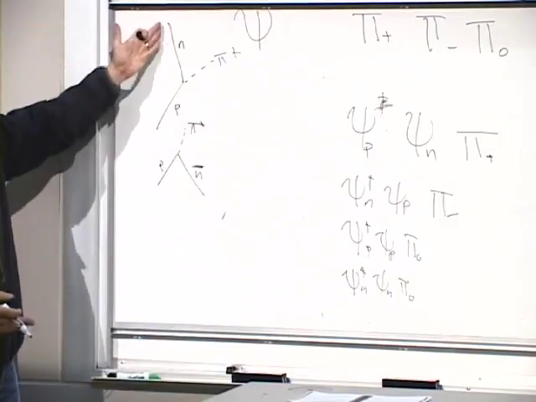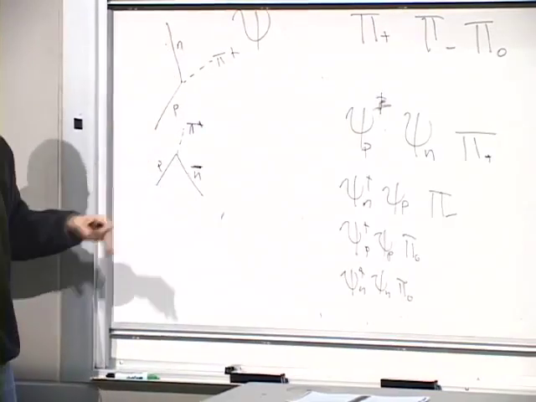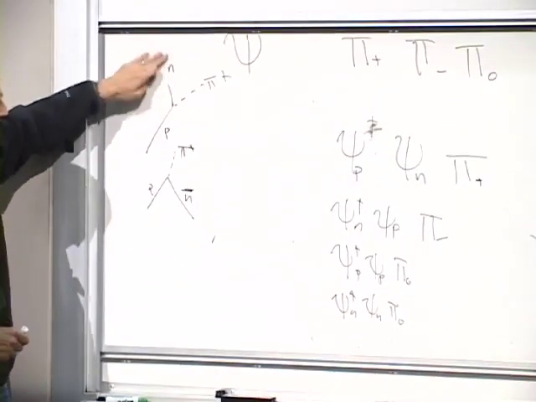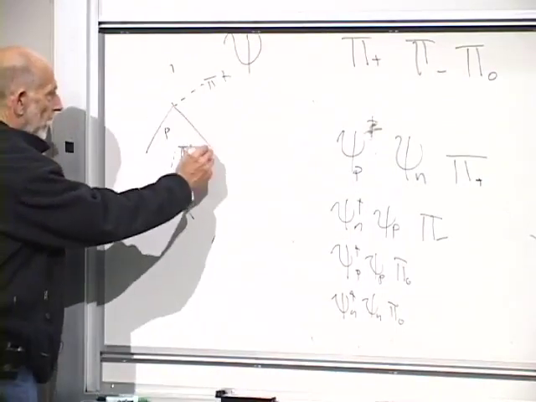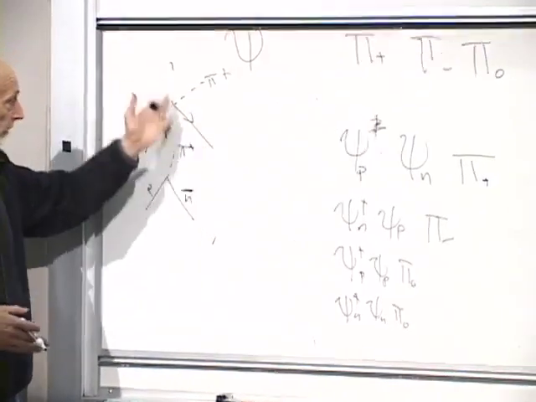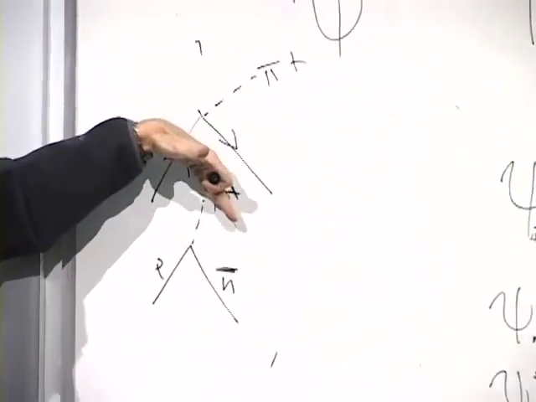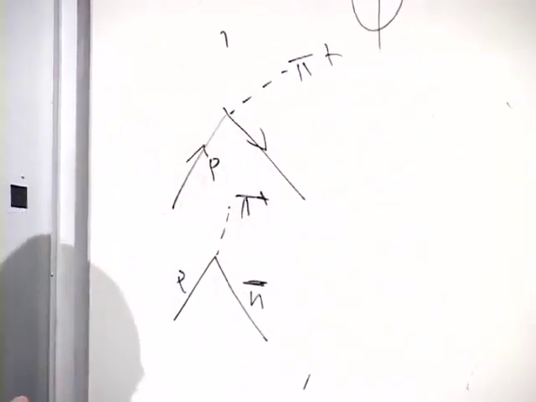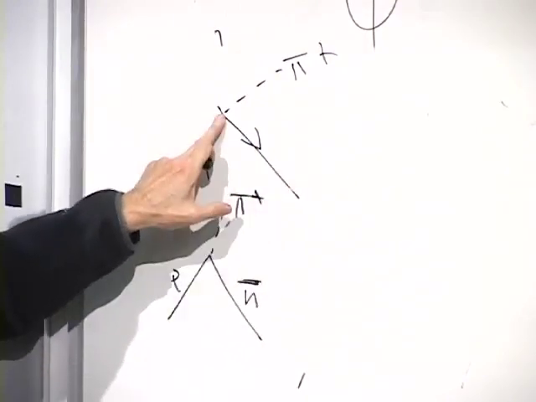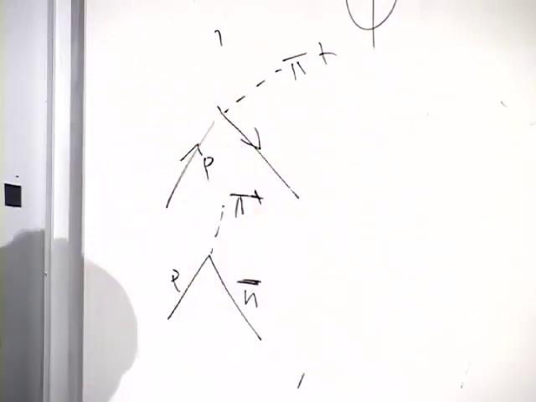A whole variety. You can push the legs up and down. When a leg is switched, you have to replace it by an antiparticle. So if you take an outgoing neutron and switch it around, with this proton coming in, it becomes an antineutron coming in. The outgoing neutron, when switched around upside down, becomes an incoming antineutron. So here's an incoming proton, incoming antineutron. They annihilate each other and create a positively charged pi meson.